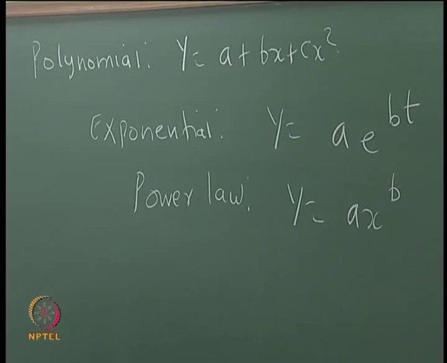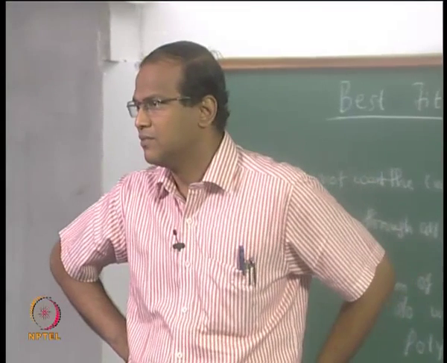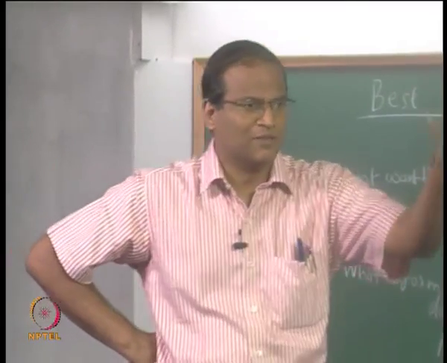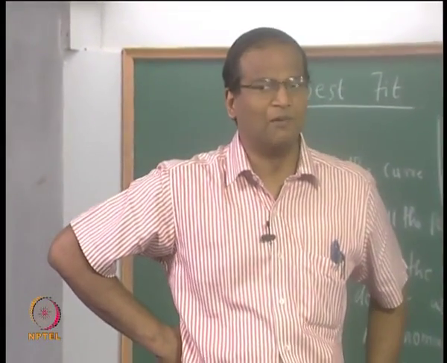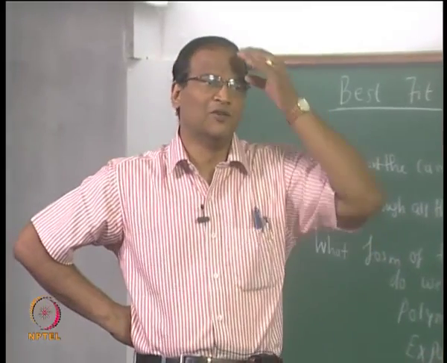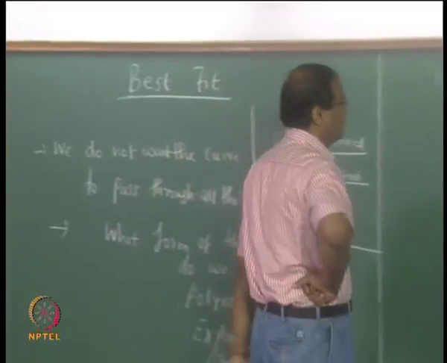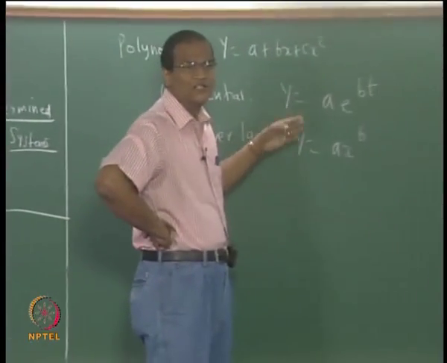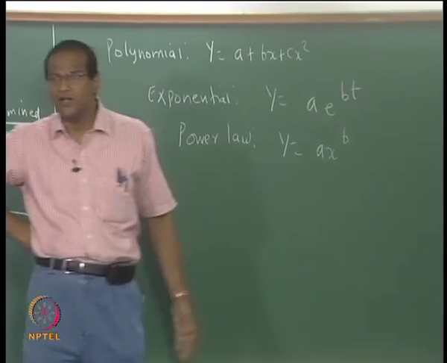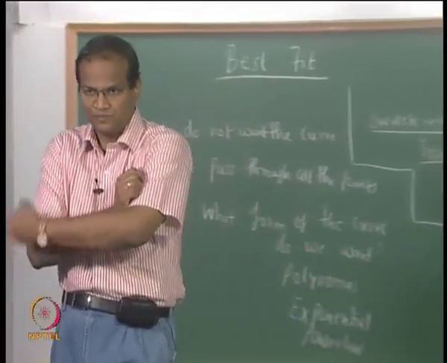A polynomial form could be y equal to a plus bx plus cx squared, the general depiction. You can have higher order polynomials also, or you can have an exponential form, y equal to a into e to the power of bt, which is typically what happens in an initial value problem, where concentration is decreasing with time, or the population is changing with time. We modeled such a problem for assignment 1, with limited resources, unlimited resources and so on. Or you can have a power law form, where Nusselt number or skin friction coefficient is equal to a into Reynolds number to the power of b, and so on. So there could be various forms like this.